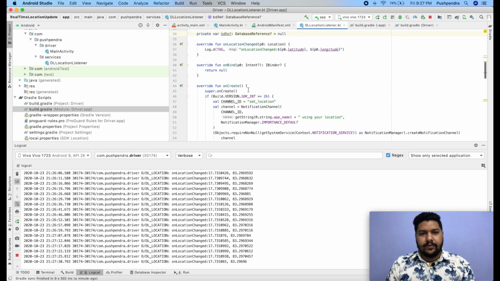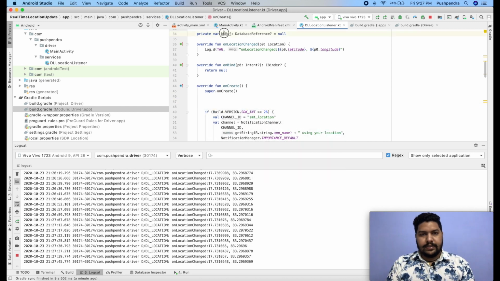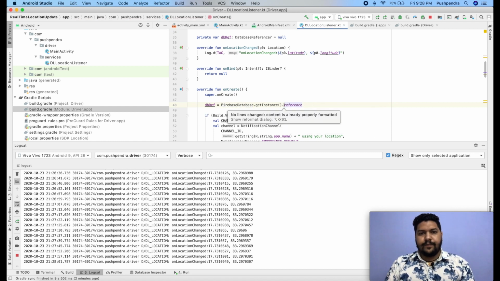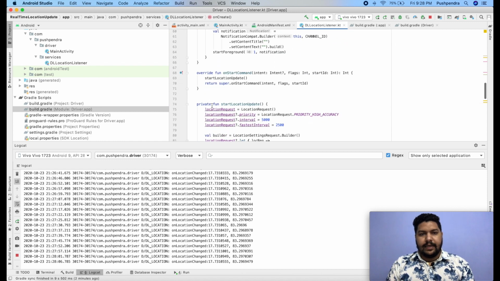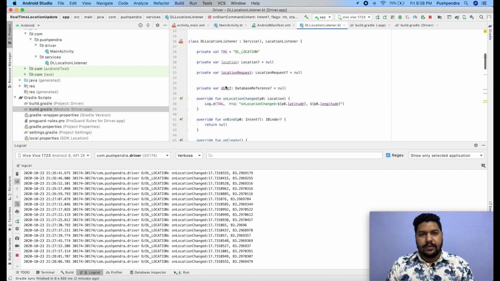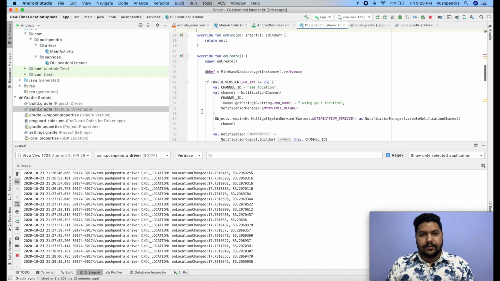Now inside the on create, dbref equals Firebase dot database get instance, and it will be instance. Okay, so db reference done. Now after that I will check this one and I will come back. I'm taking this listener at the bottom of this file.